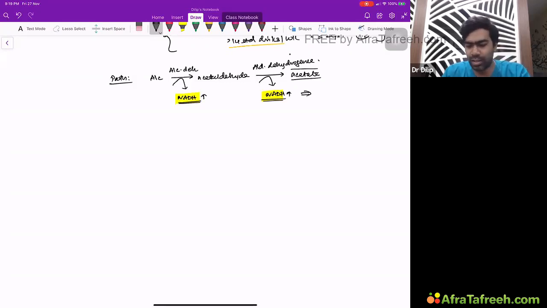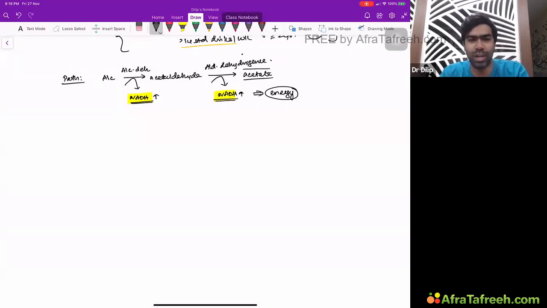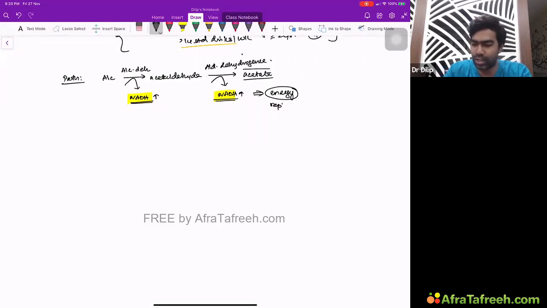Whenever in the liver cell, which is the primary site of metabolism of alcohol, you generate excess NADH, this increased NADH is like an energy full state in the liver. Whenever there is alcohol, whenever there is more NADH, the liver assumes that it is an energy replete state, or an energy full state. It's a sign of energy repletion in the cell.